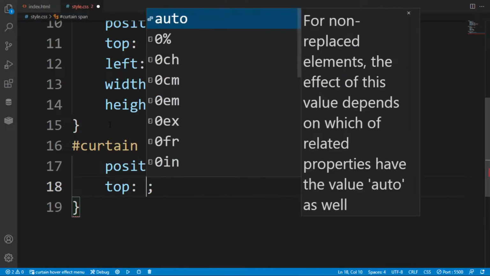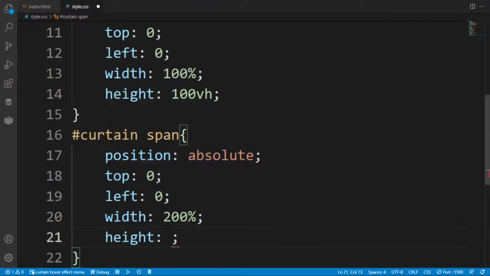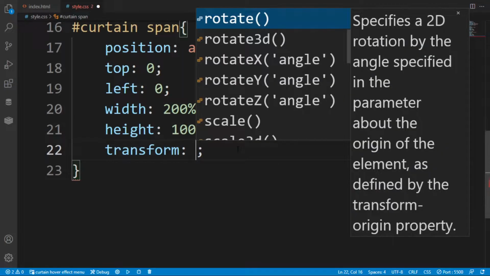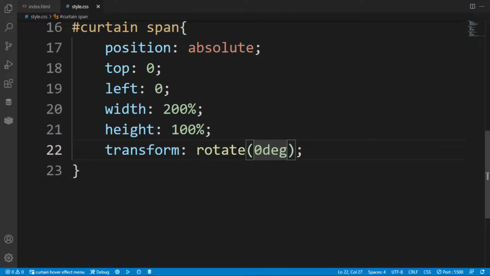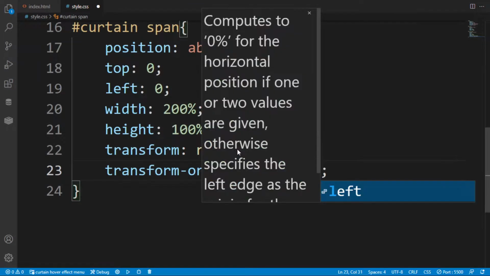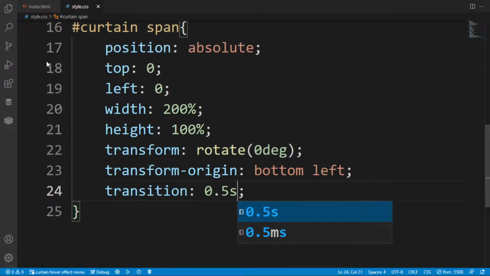Here I have given position absolute because I want to create the transition effect with the help of this div. So we have to put this in position absolute, not relative. I have reminded you, and here I have written width 200% because when the transition takes place with the span, it will rotate. If we shorten the width, then the transition will not have a smooth effect, or it will not cover the entire screen. So width is 200%, or you can increase or decrease it as you choose.